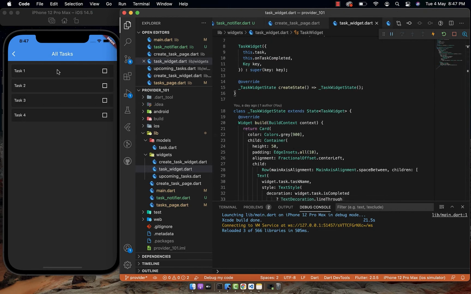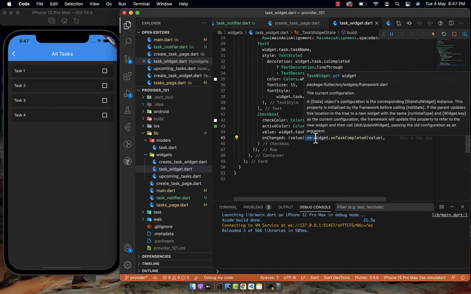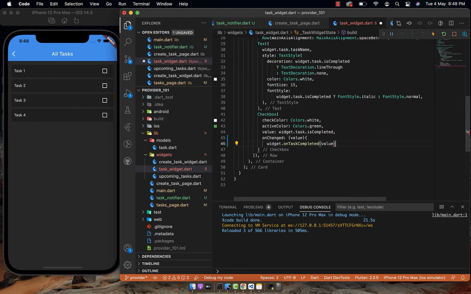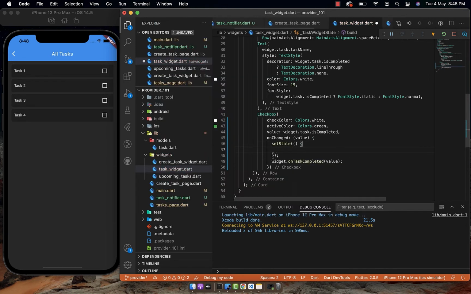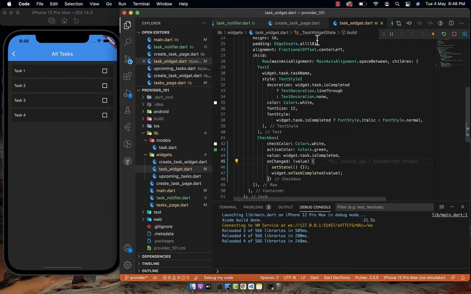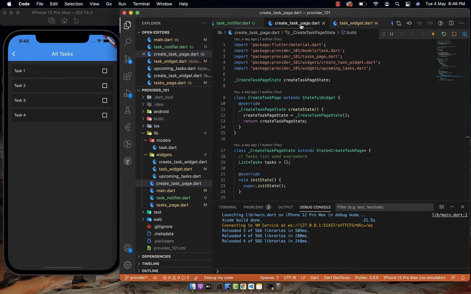So I just want to rebuild this portion of the widget whenever I'm marking a task complete, so that the re-rendering responsibility doesn't come to the all tasks page. Perfect. Now we can just add the consumer on this create task page.